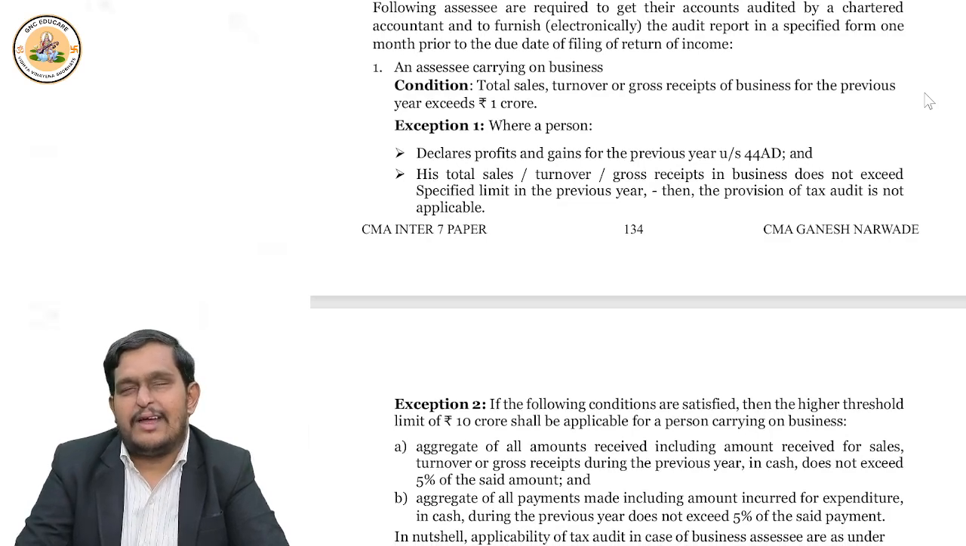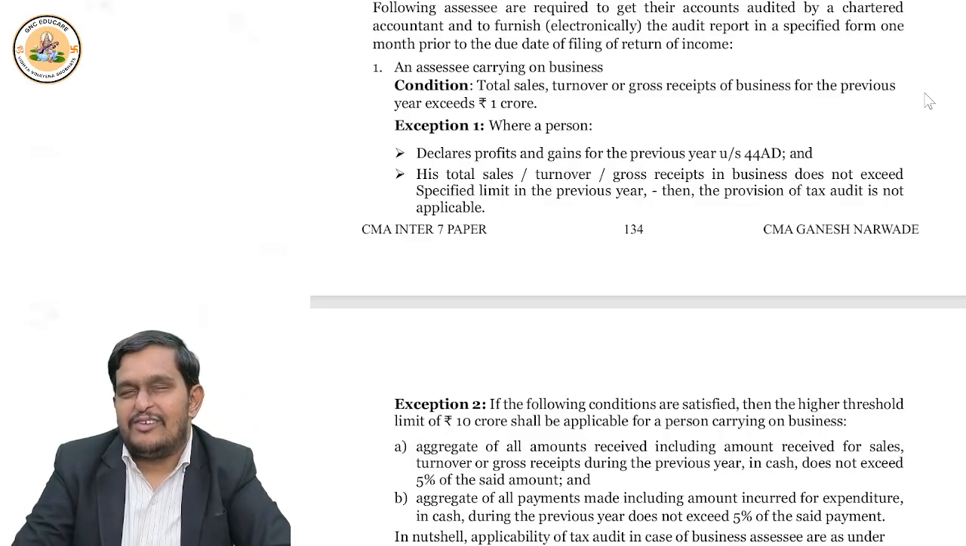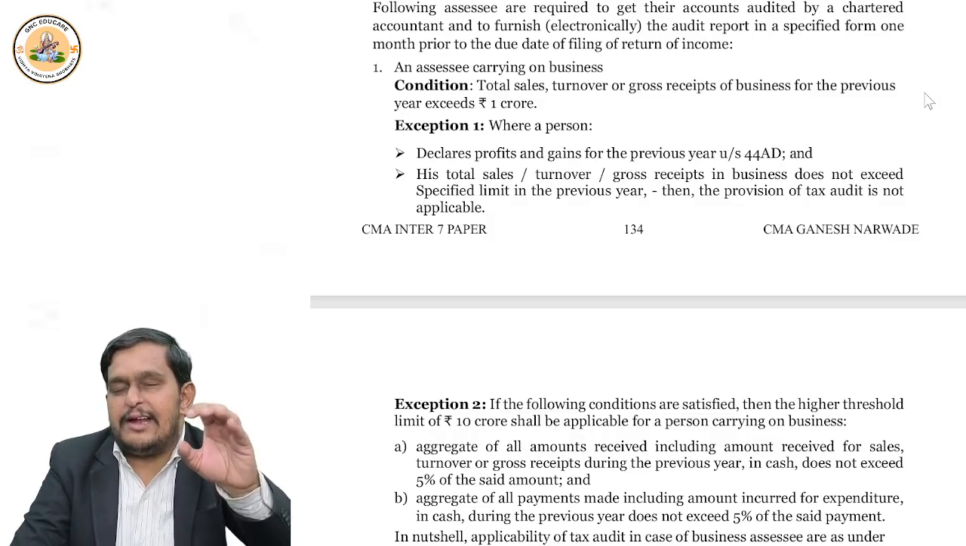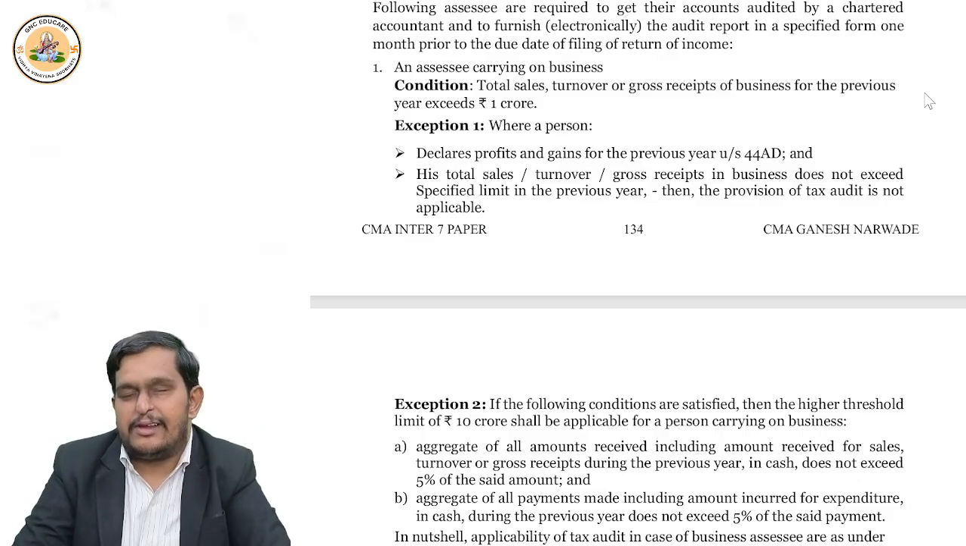Cash receipts and cash payments doesn't exceed 5%. Then what to do? In that case, please remember, if cash receipts and cash payments doesn't exceed 5%, then you have to see this 1 crore limit is increased to 10 crores. That means if